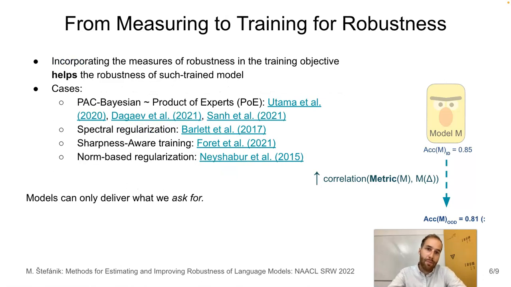Understandably, we wonder how can such measures be useful for obtaining more robust models. The research mainly outside the NLP shows many instances of such applications, though its relation to the evaluation measures is rarely noticed. One of popular applications of the Bayesian measures, a product of experts framework, is also applied in NLP as a debiasing method. Other work uses the well-correlated measures directly in the training objectives, as regularizers or additional components of the loss. Clearly, not every model property can be formalized to a differentiable objective, though the formulation of the objective capturing the invariances of the problem is a necessary condition to model these invariances.